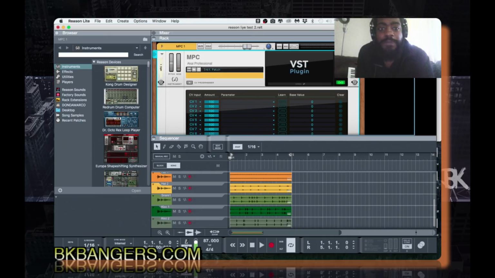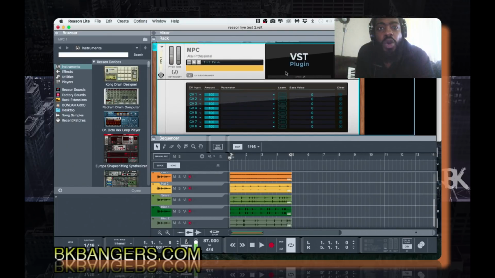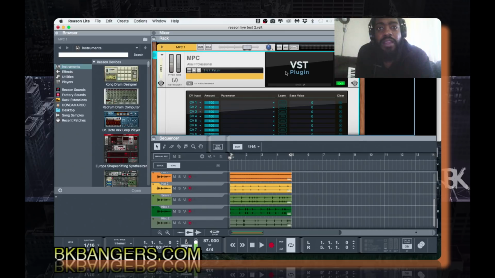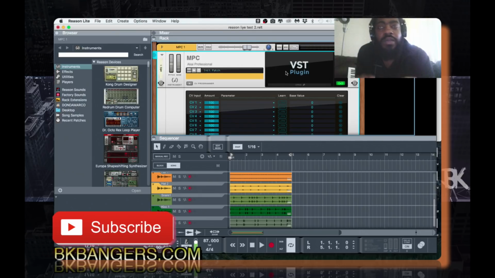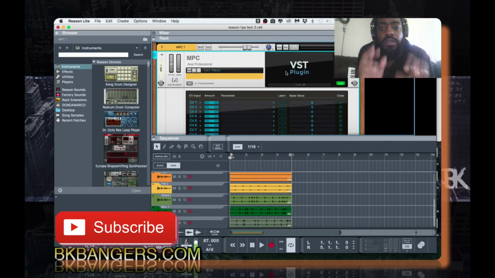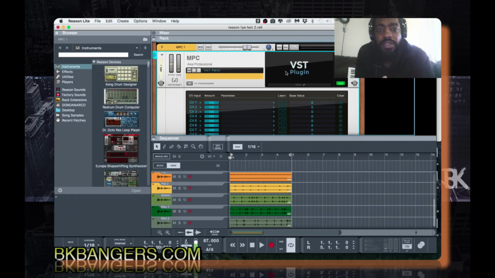I'm gonna ignore it. So there was an old way where, if you're a Mac user, you would set up the IAC bus to play the MPC standalone, and it'll communicate with Reason with both platforms open at the same time. So now that Reason allows third-party VSTs, you no longer really have to do that. So what you want to do is